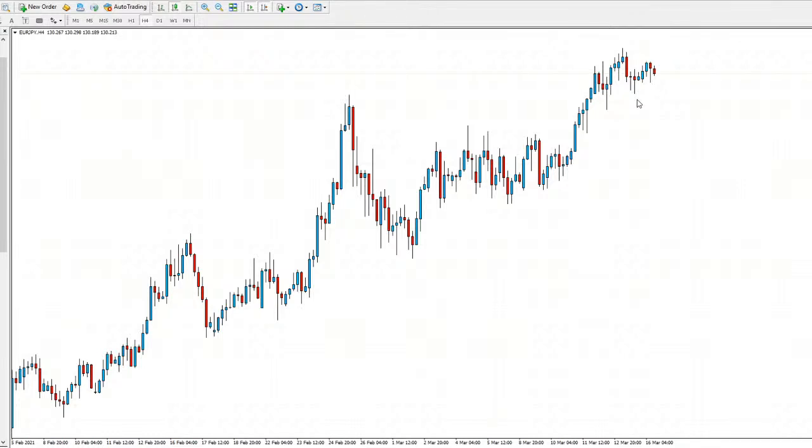You do expect to see the market retrace eventually and go make a higher low. So I think for Euro JPY, it looks like it's getting ready to have a push to the downside, make that higher low, or we could actually see price break to the upside, making one last push before that happens. But overall, it does look like price is losing that steam, and we could see a push to the downside for Euro JPY. But again, the price action isn't too clear, so I wouldn't be too confident in putting any